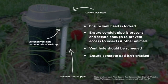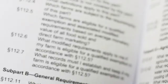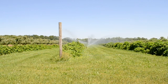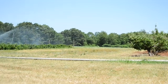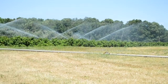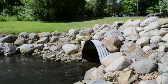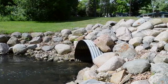Though not as in-depth as inspecting to ensure GAP compliance, a FSMA Produce Safety Rule inspection requires several key components as outlined in 112.42(a). At the beginning of a growing season, as appropriate but at least once annually, you must inspect all of your agricultural water systems to the extent they are under your control, including water sources, water distribution systems, facilities, and equipment, to identify conditions that are reasonably likely to introduce known or reasonably foreseeable hazards into or onto covered produce or food contact surfaces in light of your covered produce, practices, and conditions, including consideration of the following: